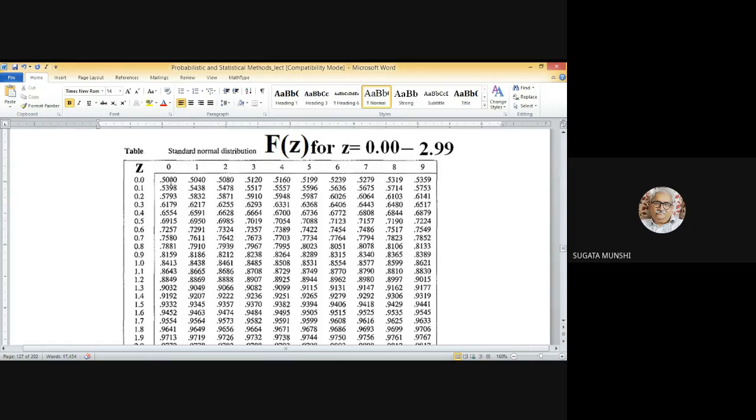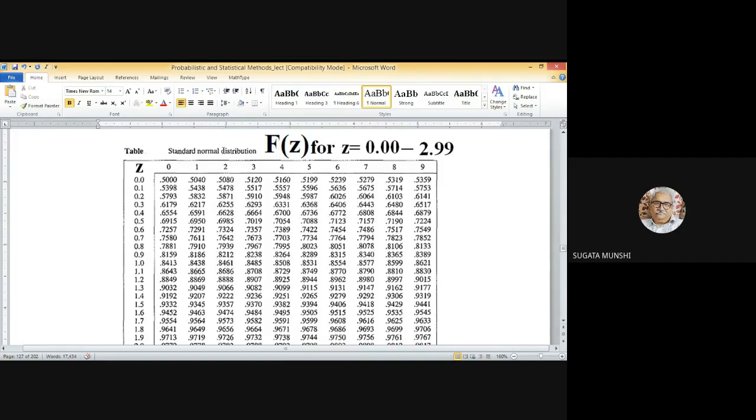To the left of mu. Mu is 0 here for z. The area under small f z. This is the value for 0.01. This is the value of F z for 0.02, in this way up to 0.09. Then this is the value for z equal to 0.1. This one for 0.11, 0.12, 0.13, like that. If z falls in between any two tabulated values, obviously you can carry out linear interpolation.